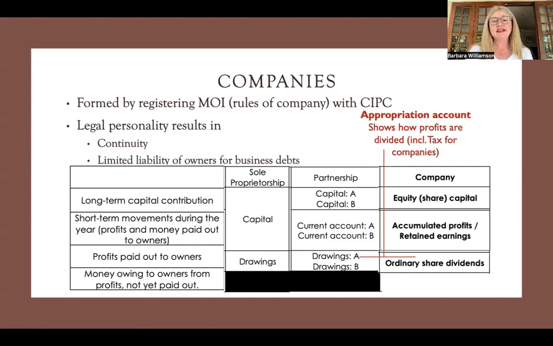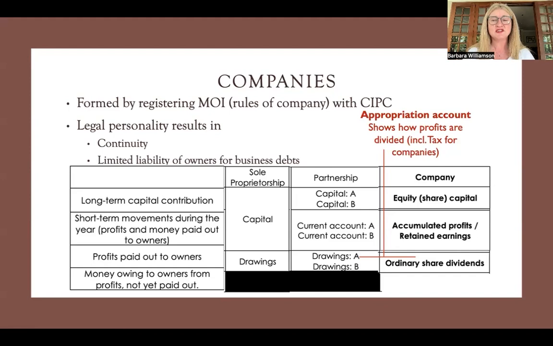And then lastly, you can see that we would have dividends, and dividends are basically like drawings. Think of them like drawings. So in exactly the same way that you're not going to have drawings in your statement of income, we hope, please, it is not a business expense. It is simply the owner taking profits out of the business. In the same way, dividends do not appear on a statement of income because it is simply a way of dividing the profits. The only difference here is that the dividends are quite specific.